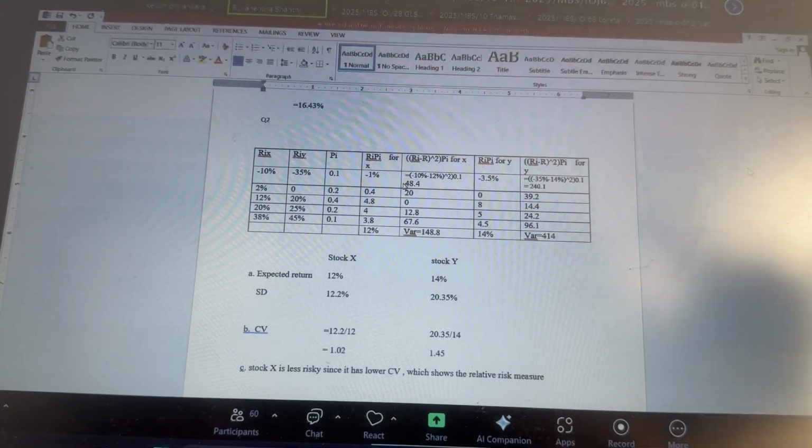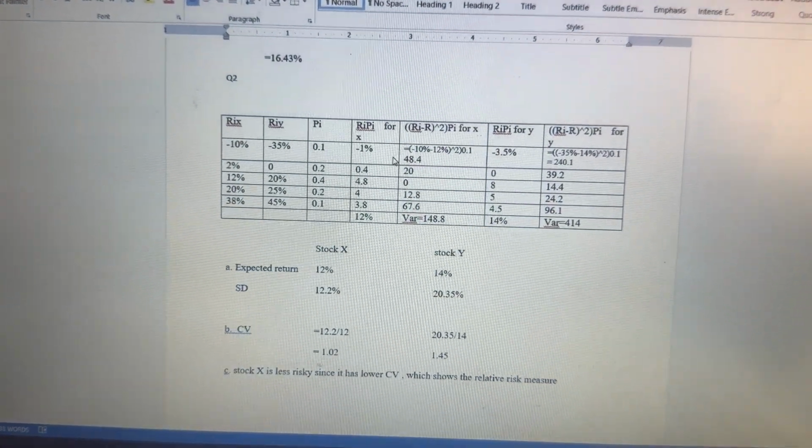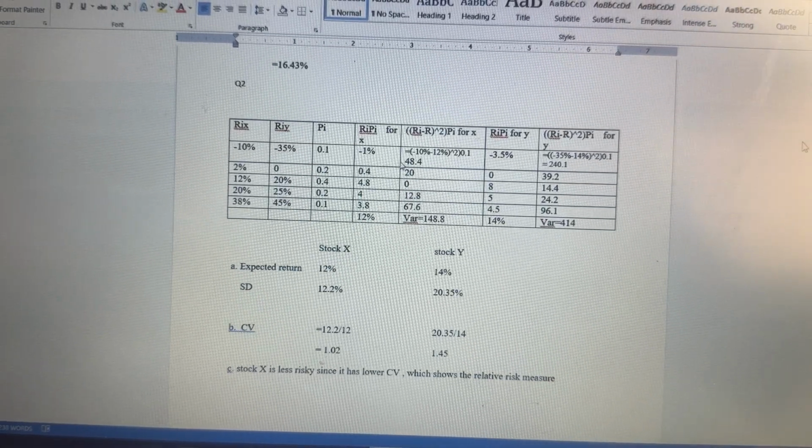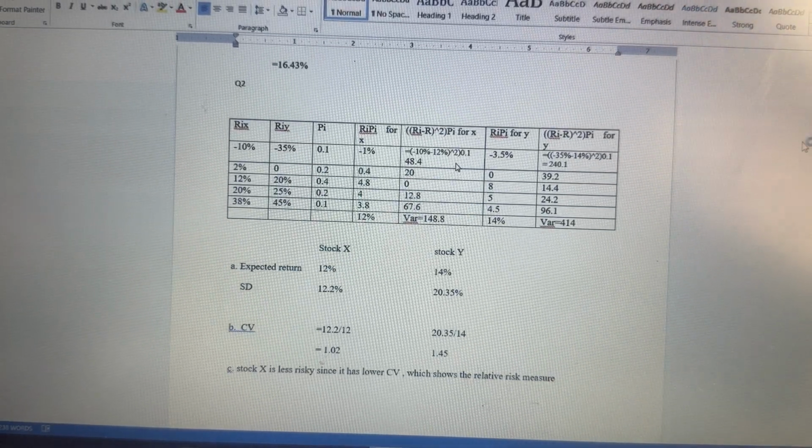Or you can convert it; the value should come as 0.00484, if you consider both in decimals. Similarly, you calculate, and you can see the total variance becomes this much, and the standard deviation for stock X is 12.2 percentage. Okay. Similarly, go to Y: same, we take first the expected return, first is the negative return,